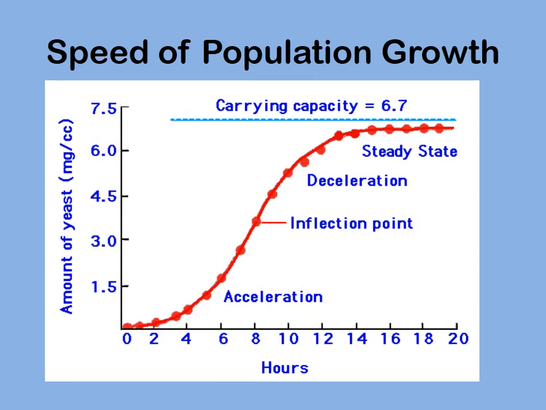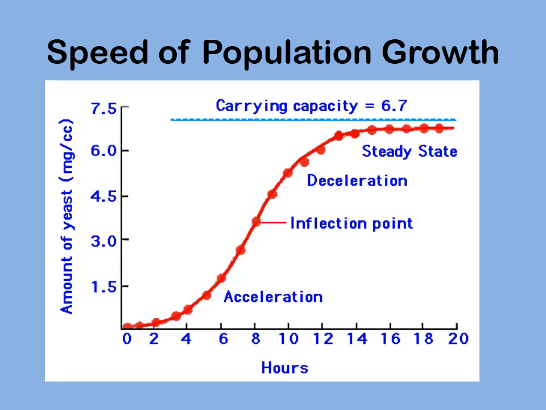So you can see at the very beginning, just post the inoculation, there was next to no yeast in the petri dishes. But as time goes by, yeast, which is a bacteria, rapidly increases. It reproduces very quickly to the point where